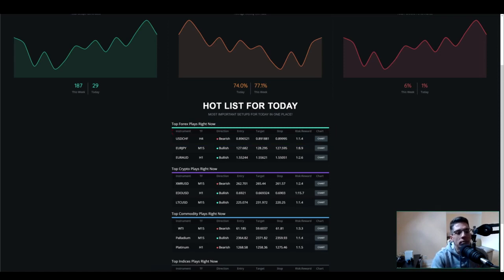Every single trade idea comes with the instrument name, the time frame where we found that signal, the direction, bearish or bullish, let's say either we want to buy or sell, entry point, target, stop, and a risk reward. Also, you have the chart so you can get everything that you need. So if we click here,